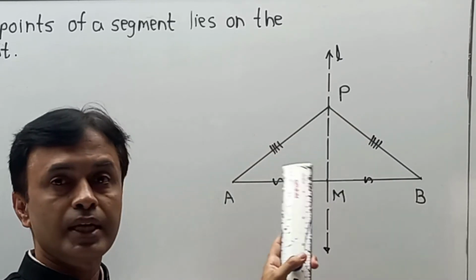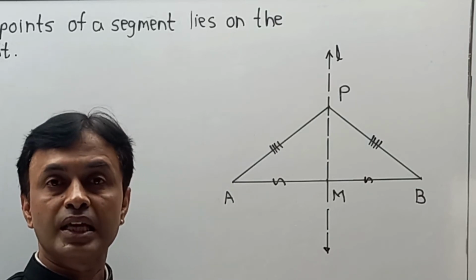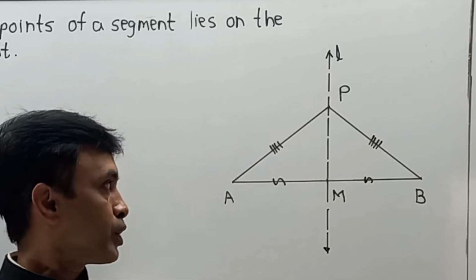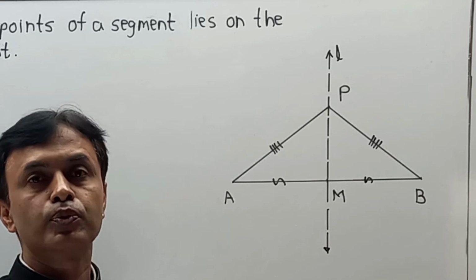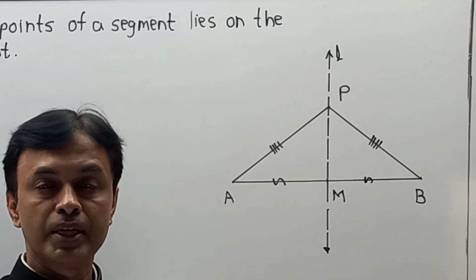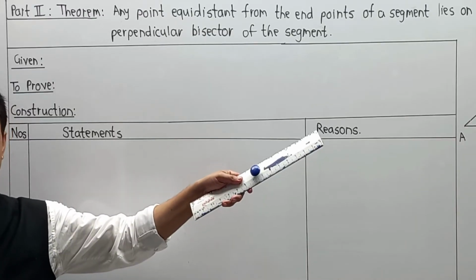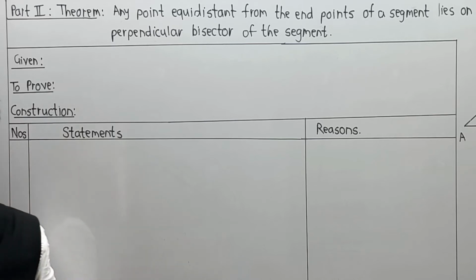So first of all, giving an answer over here, I am going to write first given, to prove, construction, and then I am going to start a proof. No doubt, again we are going to show that these two triangles are congruent triangles, and we are going to prove the rest of the part. But please pay attention. Whatever part we have described, we are going to write in the form of given, to prove, construction, and definitely we are going to start the proof.